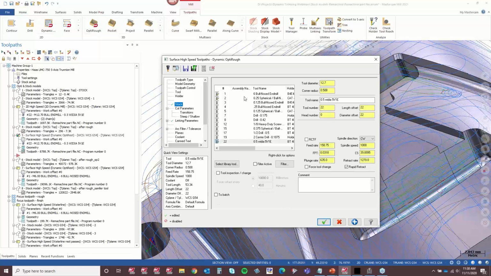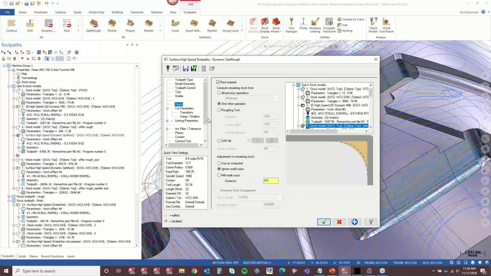You will need a tool that's either a bull or a ball to use this functionality. It doesn't support flat end mills, but a lot of times what I'll do is go in, and even on my flat end mill for roughing, I'll fake in a 5 thou radius on the bottom, define it as a bull, and I'm leaving 50 thousandths on the part anyway, or 20 thousandths on the part anyway. That 5 thousandths isn't going to matter. And then that allows me to put in 5 thousandths, or, in this case, 0.1 millimeters in there. Or you can even get aggressive.